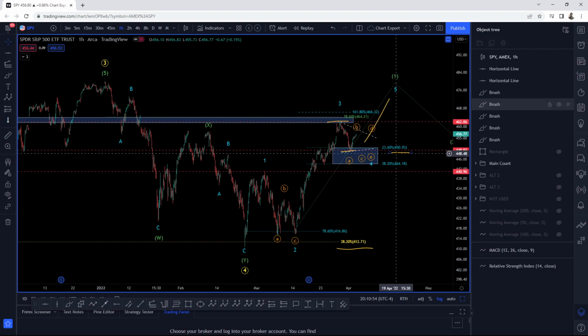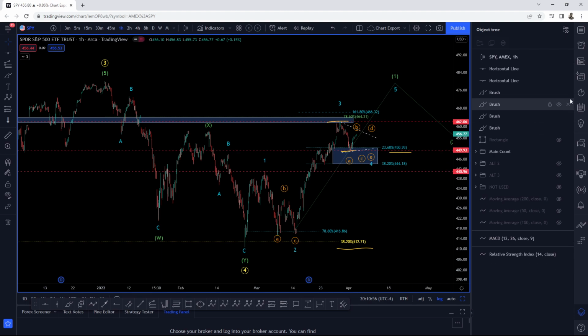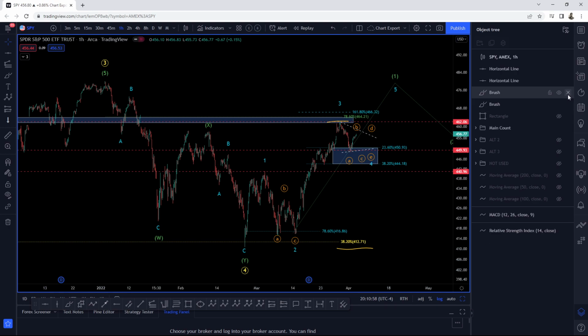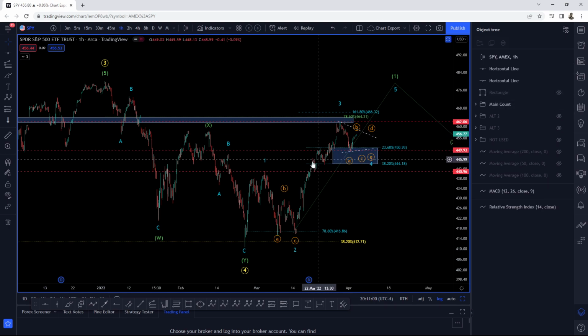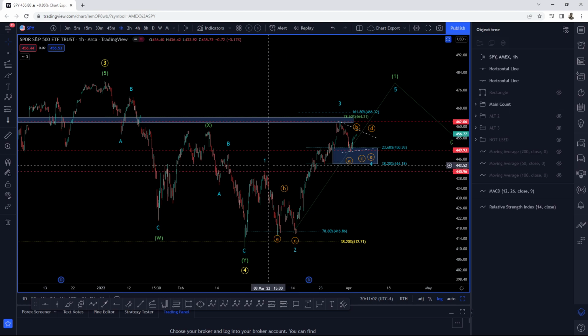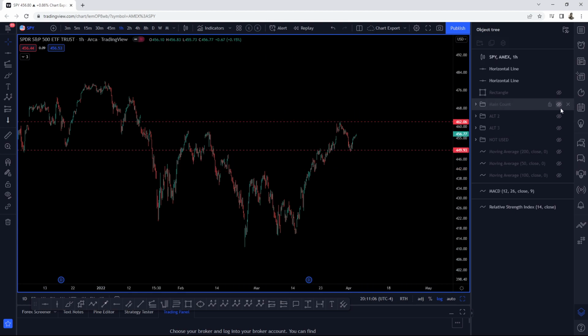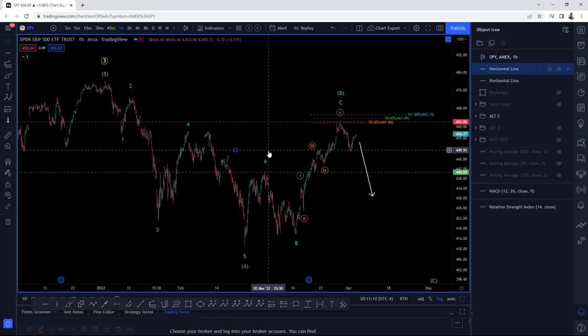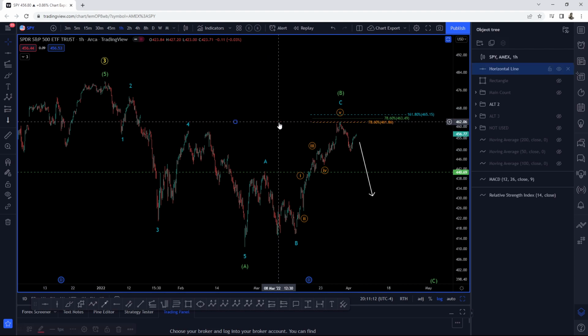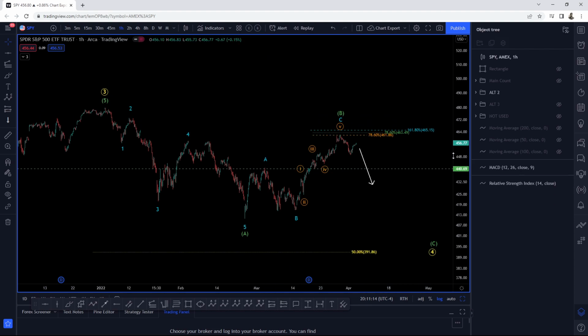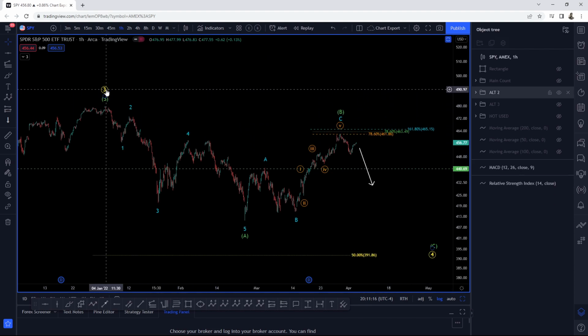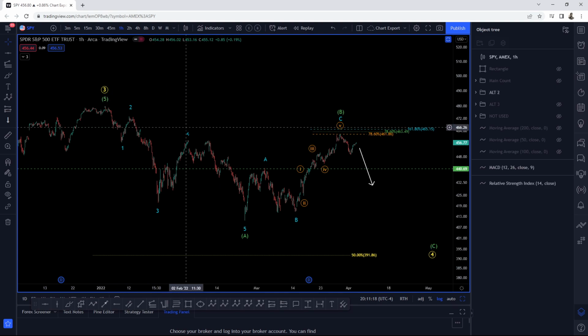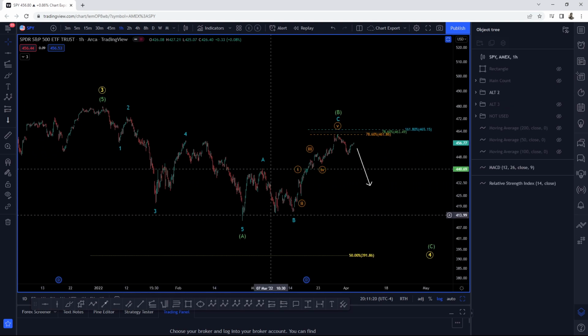Okay, guys, so let's take a quick look at the alternate version, which is the bearish count. That will suggest once we break this low, what happens? I mean, this high. So I'm going to turn this off, and I'm going to turn on our alternate version count number 2. And this count is suggesting that we are still in a correction in the wave 4. So from our January high, 1, 2, 3, 4, and 5 to the A, B, C, right?